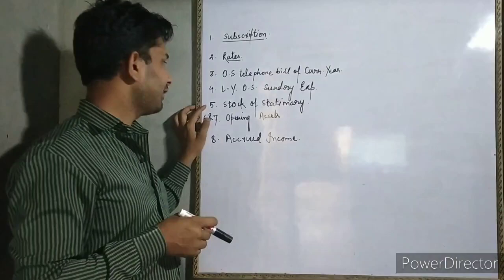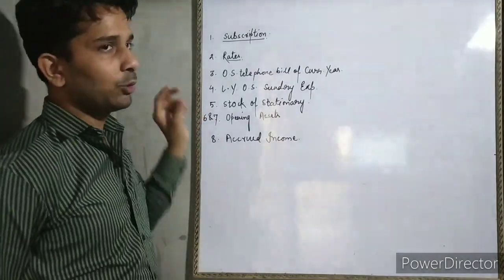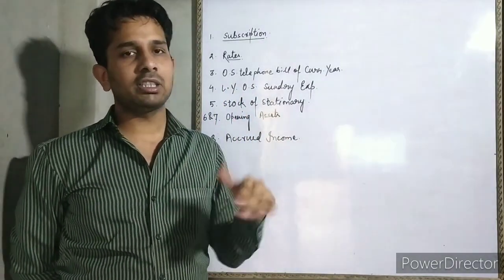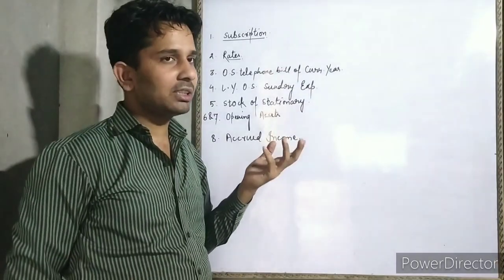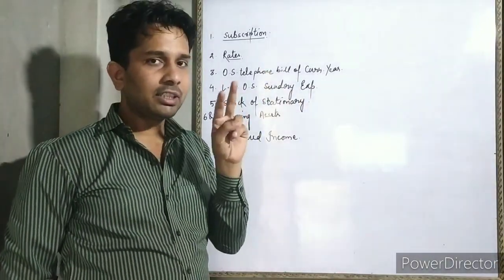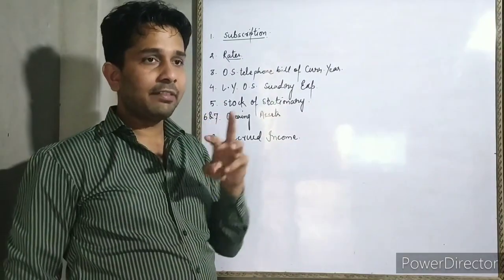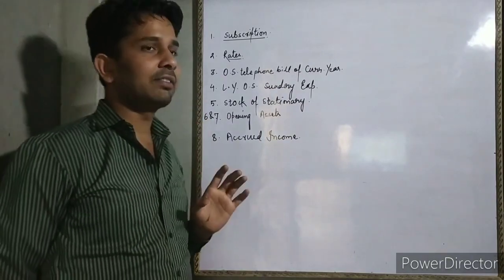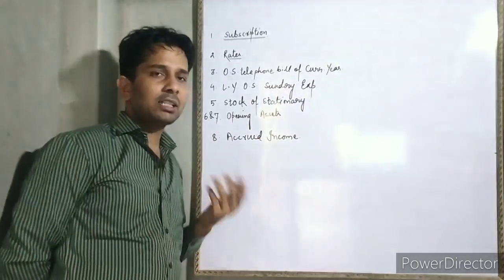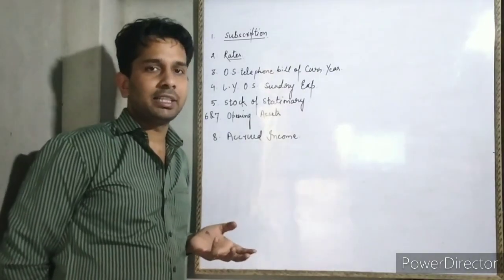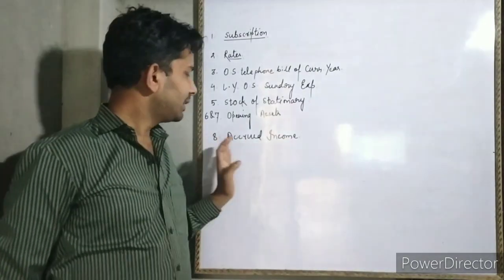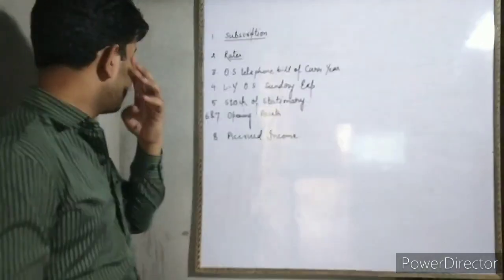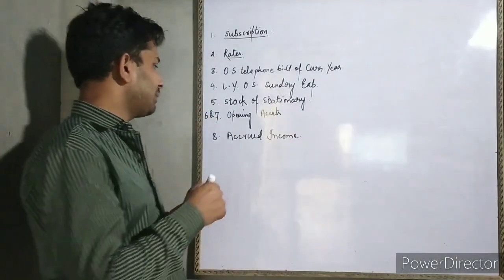Then the fifth point is the stock of stationery. We had 2 types of stock: current year stock and last year stock. Current year stock is to be posted in the current year balance sheet, and last year stock is to be posted in the last year balance sheet. And whenever 2 types of stocks are there, definitely we have to find out the material consumption. Then we will take care of that. Points 6 and 7 are related to depreciation and opening assets. If they are opening assets, we will post them in the opening balance sheet. And the last is accrued income, which is of the current year. So we will take them one by one. I am starting from the bottom.